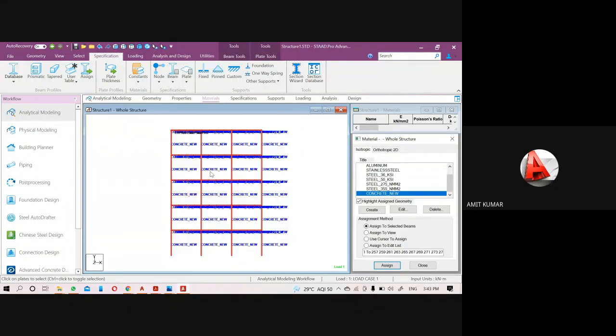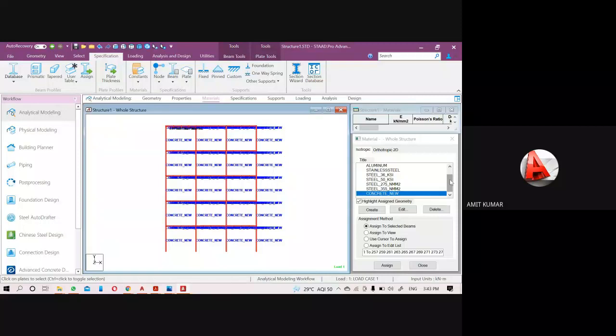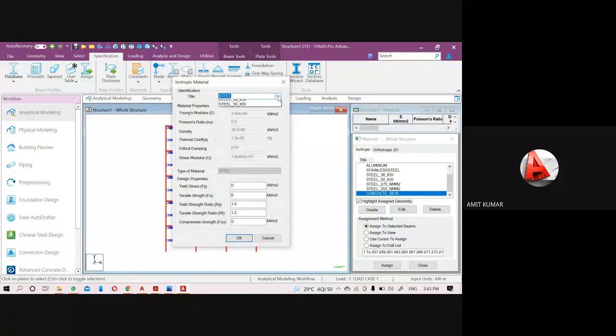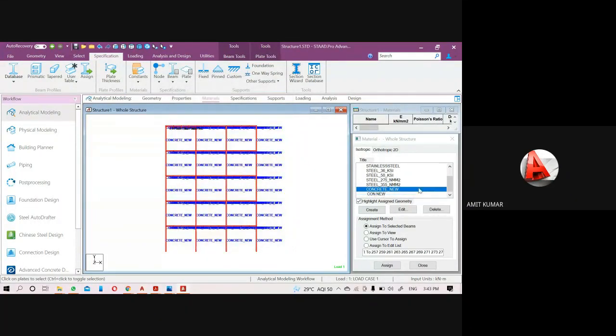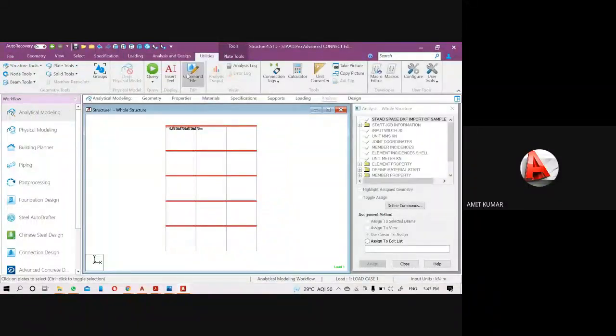That means this time I just changed the properties of the material manually. Okay, so this is the process of creation of the material. If you use the space button, then it will not be able to change it. Like if I just provide concrete, anything like CON, press NEW, so when you assign this value, the software will not read it properly. You can see it through the utilities command file also.